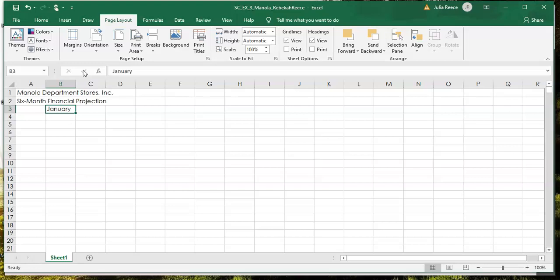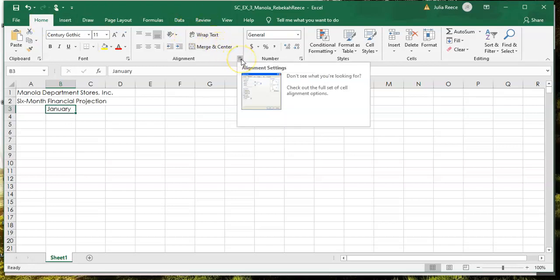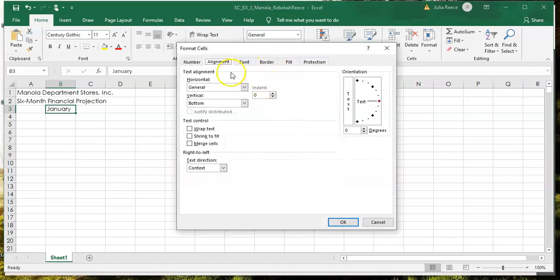So if we go up to our ribbon on our Home tab, you will see in the Alignment section, there is that dialog box launcher button. We're going to click on that. And once that opens up, it should be on the Alignment tab. And you'll see over here on the right hand side where it says Orientation, and we are going to take that. Right now it's at 0 degrees, and that's where that little red diamond is. If you click and drag that up, you will see the degrees are increasing, and they have us go to